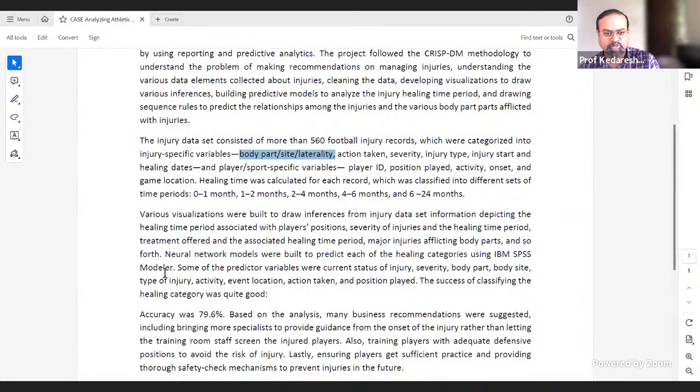The predictive model was the part where they use this to predict that if a new injury comes into that particular data set, based on the algorithms, like in this case the neural network model, which was trained on the past 560 records, they can come up with a prediction of how much time it's going to take to recover from this injury. That recovery period prediction is the predictive element of this model, and it had an accuracy of about 80%, which